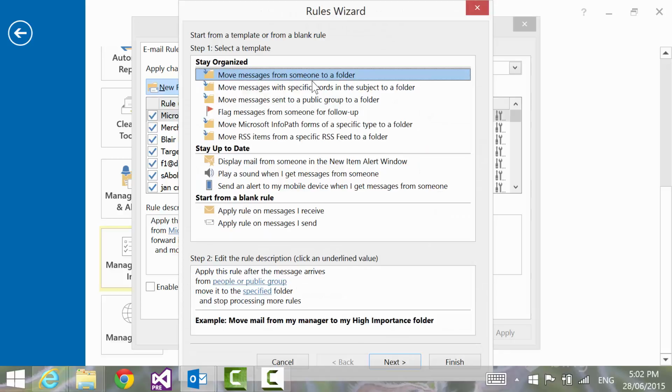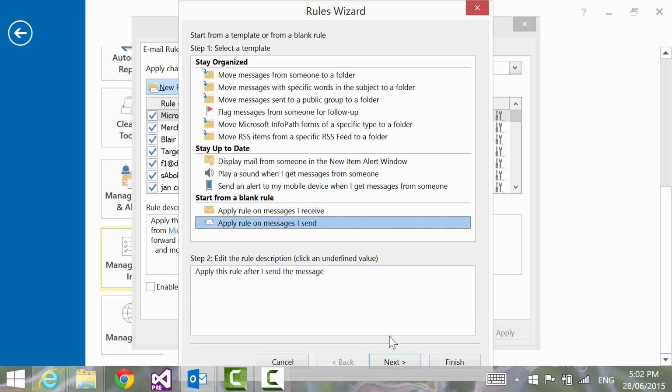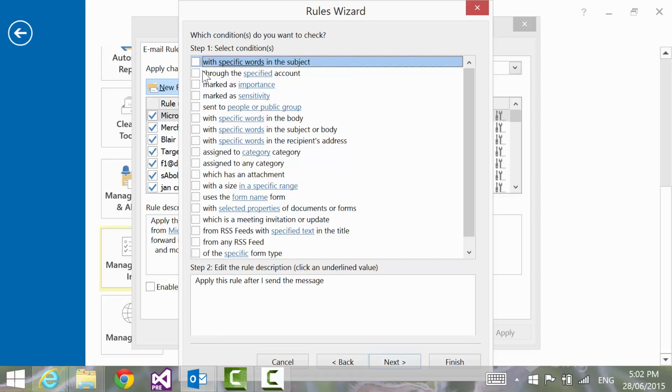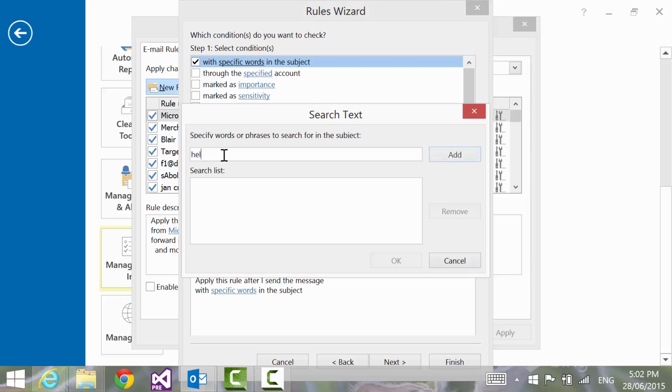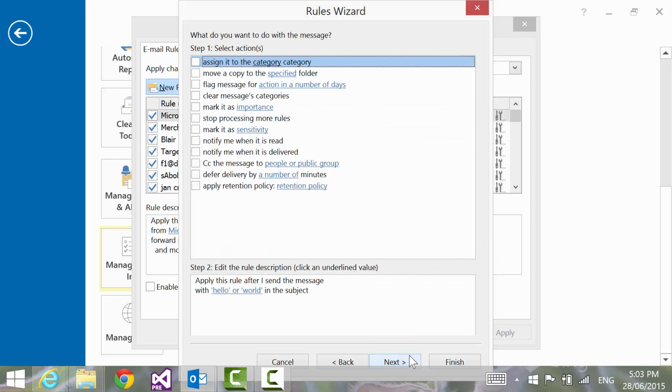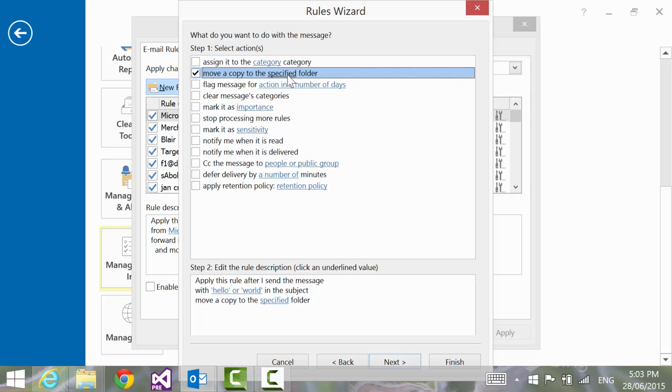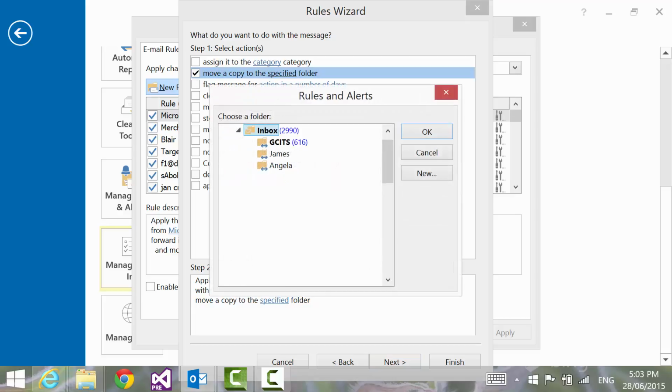And this just gives us a few other templates that we can use so we can move messages from someone to a folder. But there's one rule type that you might be interested in, which is apply rule on all messages that I send. So when I send a message with specific words in the subject, for example, and I can define these as hello, and also world, then any message that I send that has hello or world in the subject will be moved to the specified folder, which I'm going to set as GCITS,